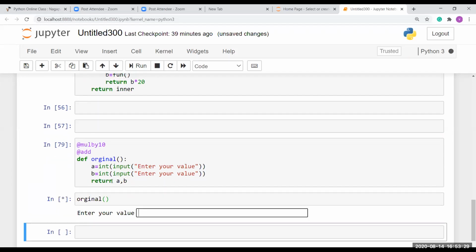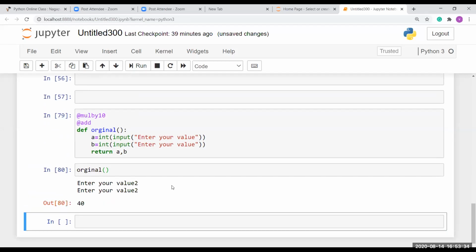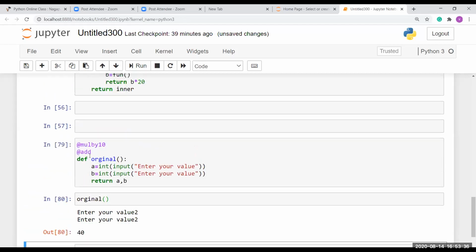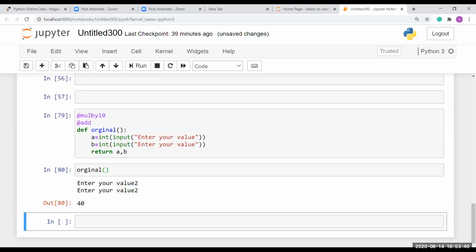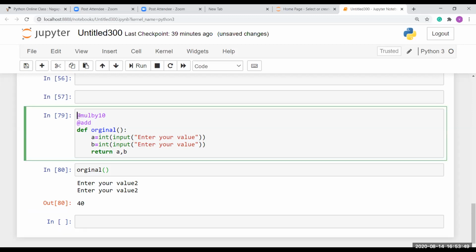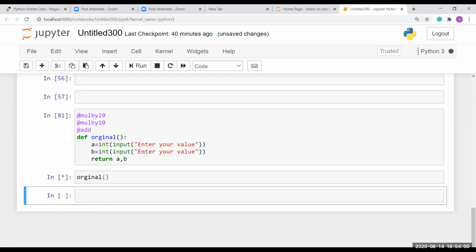I'm going to run this. It asks for values. I'm going to give 2 and 2. It is 40 because 2 plus 2 is 4. Then here we are using multiple by 10, and 4 into 10 is 40. If I add multiple by 20, it prints 800.